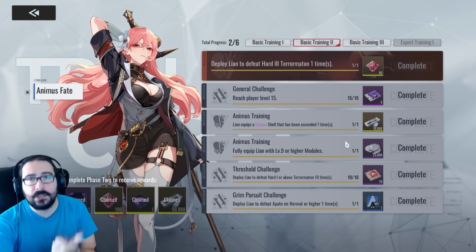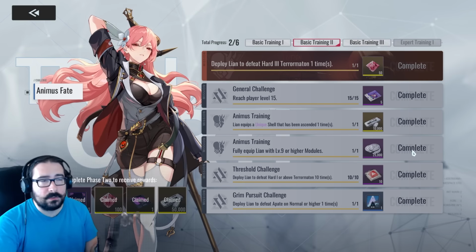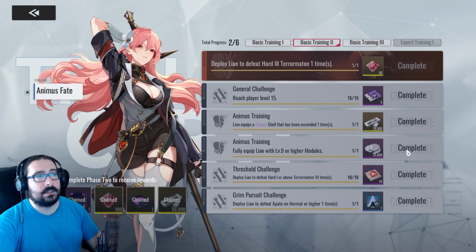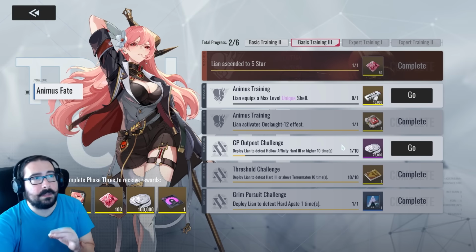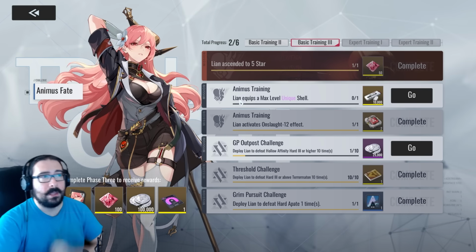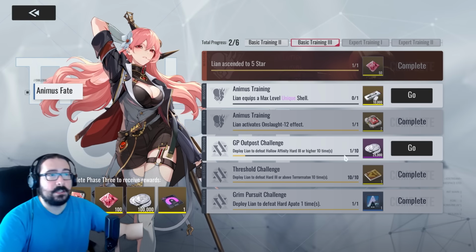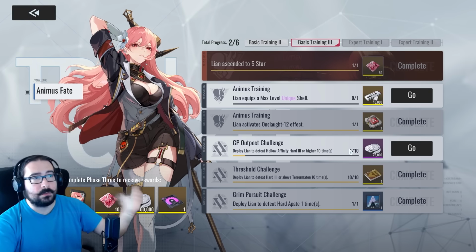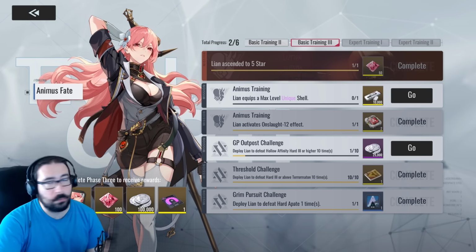Because one, she's good; two, she's a free SSR, and she's really good, so there's nothing to lose; and three, this training is going to ask you specifically to get Lian to a certain level, equip her to a certain gear, and use her to defeat certain monsters or certain encounters multiple times. So if you don't do it, you will be stuck here forever and you won't get